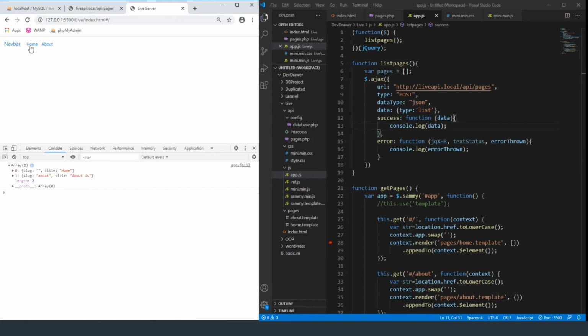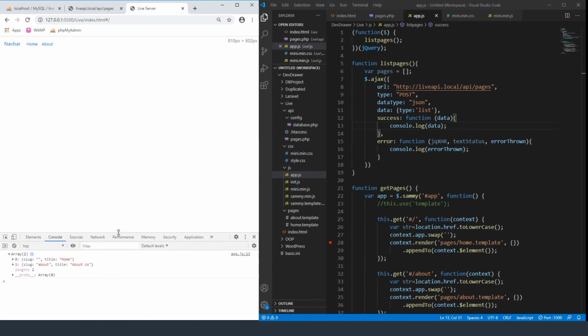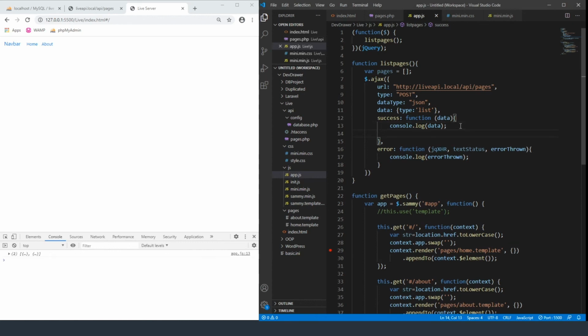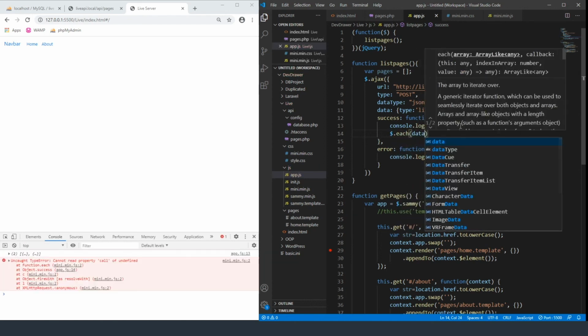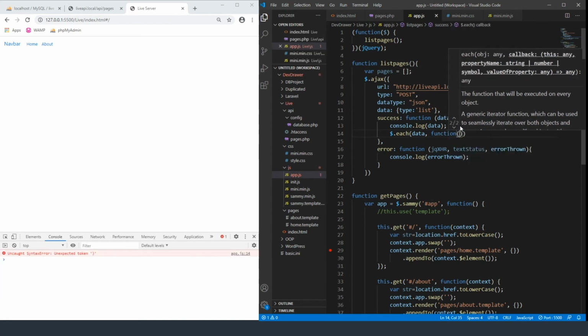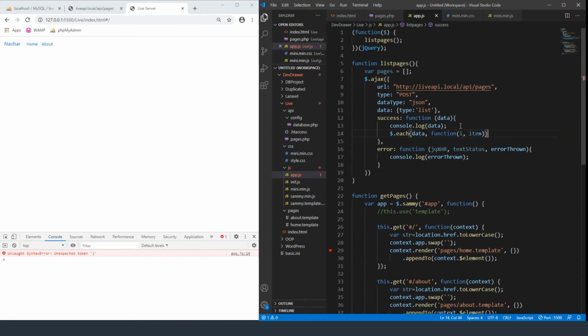What we want to do now is take these two links and remove them from the website and replace them with what's being populated here. In order to do that, we need to append to that nav bar that we've created on the other side. First, since this is coming back as an array, we're going to do .each data. Then we're going to pass a function where it grabs the ID of the array value as well as the item, and then we are going to